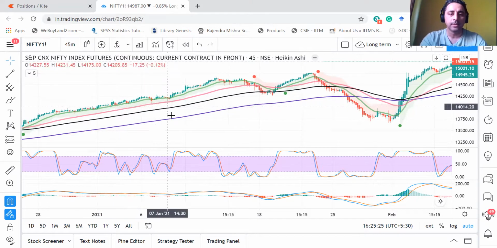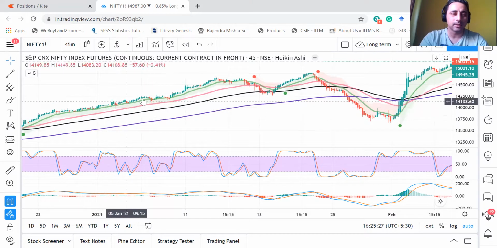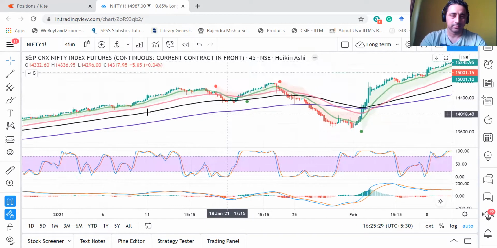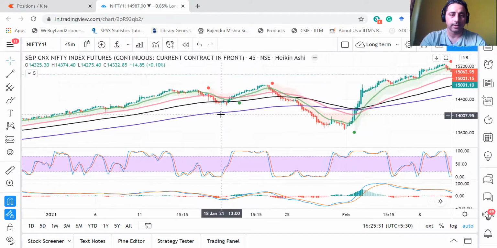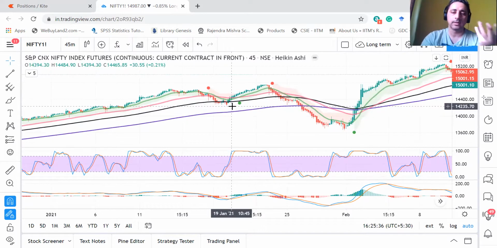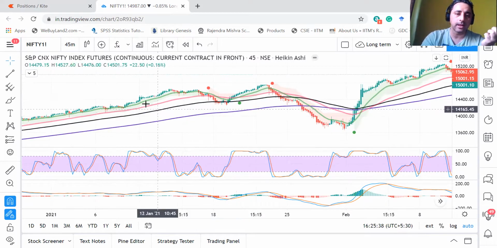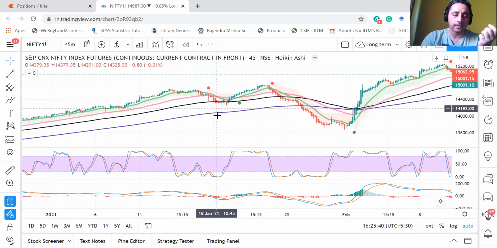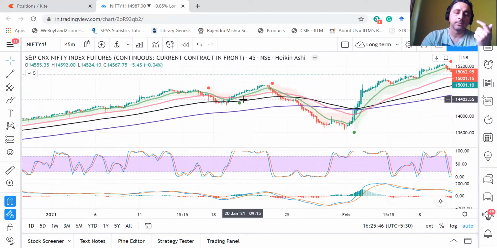Then this one, these are not significant corrections in this chart right now. And this was one of the slightly significant corrections that you can call it. So let us say I survived all this. I did not execute this exit of the position, and then this low happened, and then still the price started going up, and I'm still in the trade. So then this will be my stop loss.